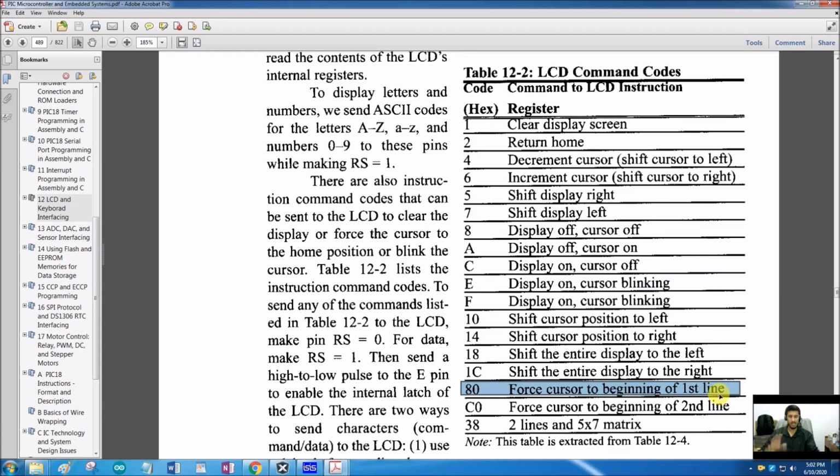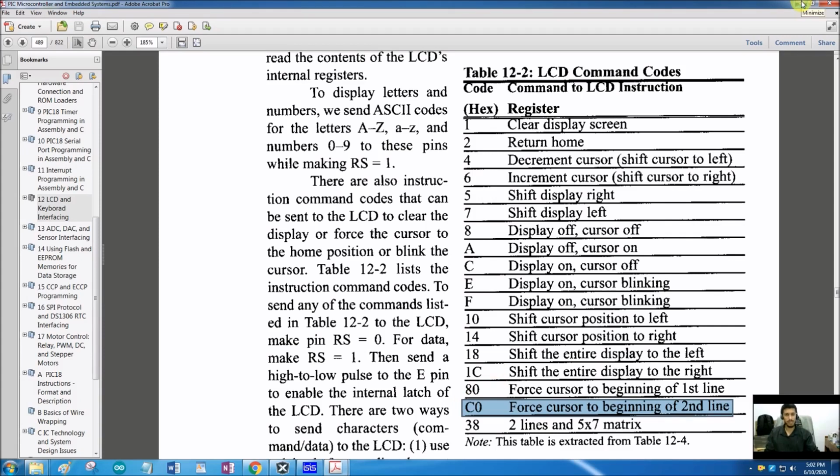Also the cursor position can be changed. As we are going to use 16x2 LCD, there are 2 lines, so we can move the cursor one by one by sending characters, or we can just jump from one line to another line. For example, there are 16 characters that can be displayed in first line, but we only want to display 4 characters in first line and then move on to the second line. So what we can do is, we can force the cursor to start from the beginning of the first line, send those 4 characters, and then send this command, and the cursor will be forced to the beginning of the second line, and so on.